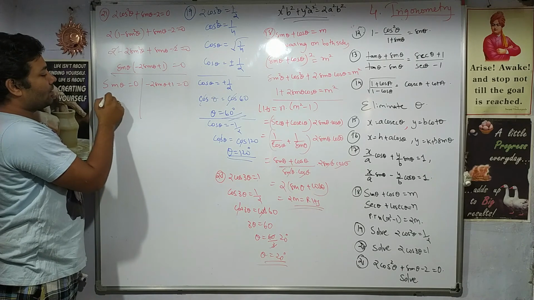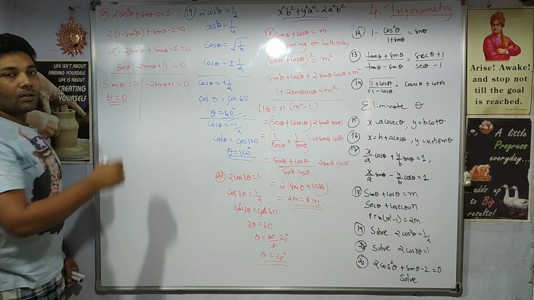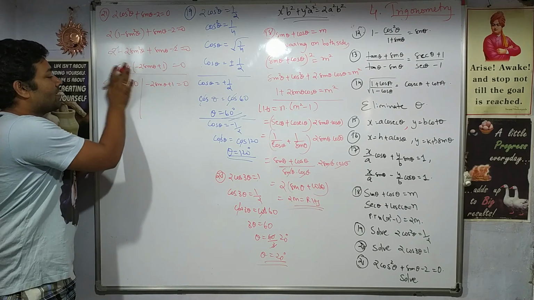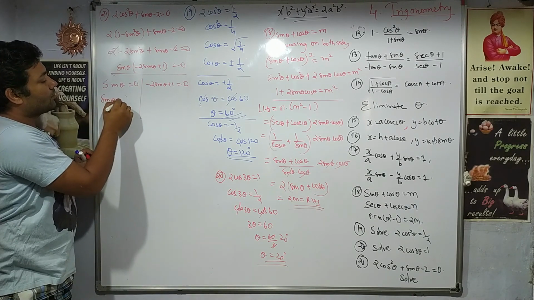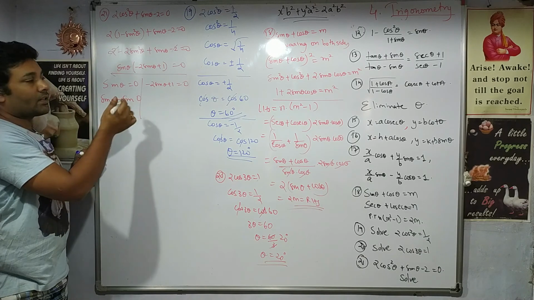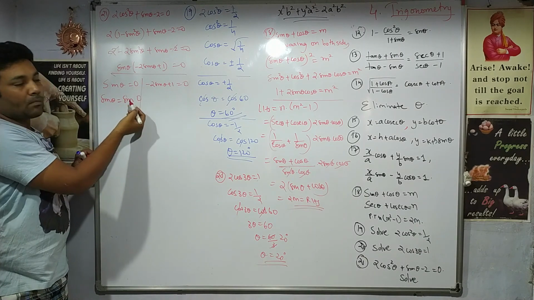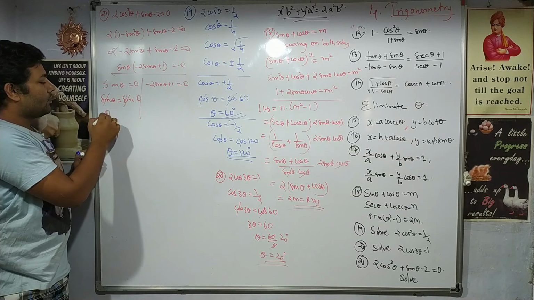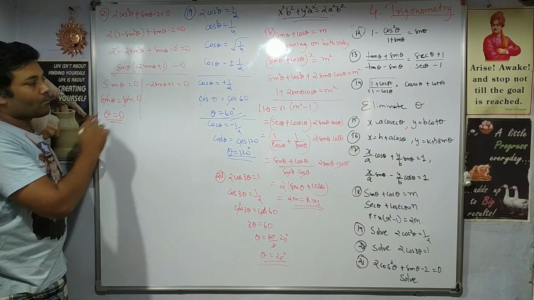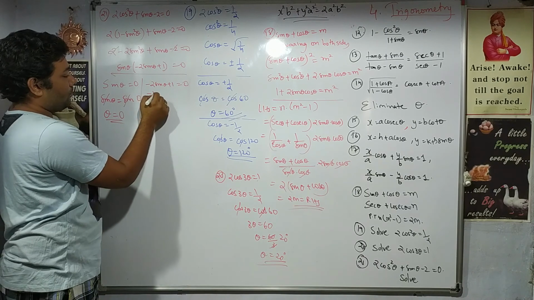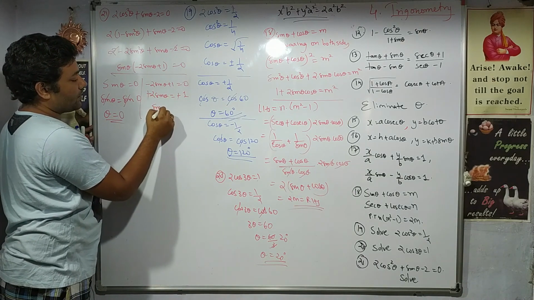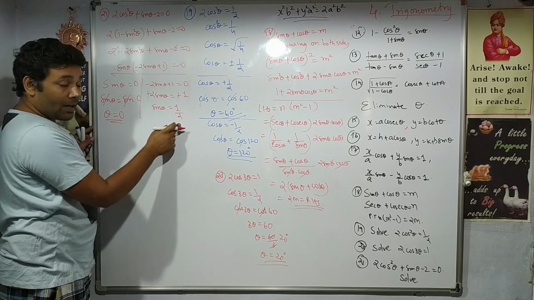If sin theta is 0, the value of theta will also be 0, because when does sine give value 0? At sine 0. We know sine 0 is 0, so we can replace 0 by sine 0. Cancelled, theta is 0. Here let us solve. Minus cancelled from both the sides. Sin theta is 1 by 2.